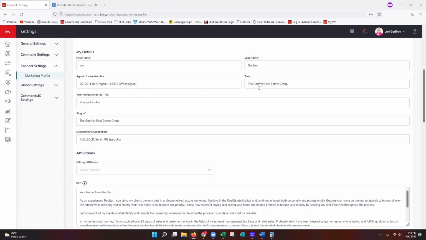We also have our team name. If you're not associated with a team, that is completely fine. We do recommend that you put something here, whether it's your name with realtor and then the registered R, or maybe you add in a catchphrase or just your name, anything along those lines. It's just going to, again, help with customization a little bit further, because the drop-down list on your website,